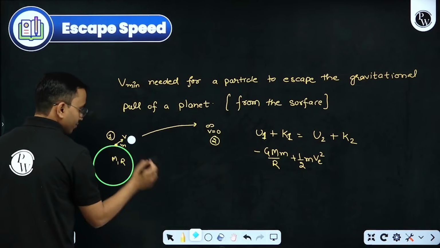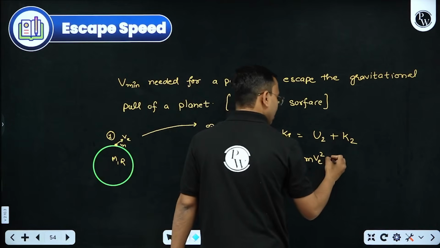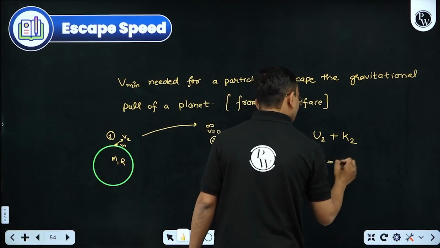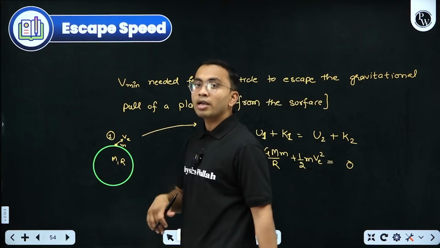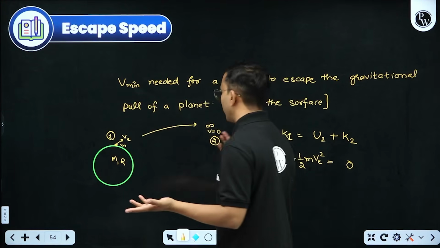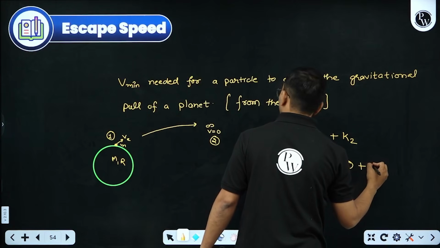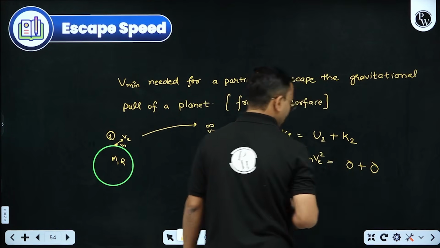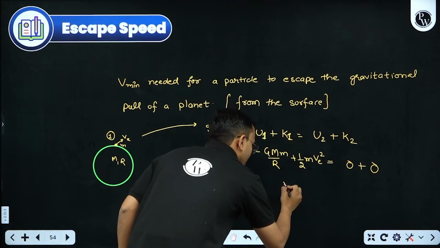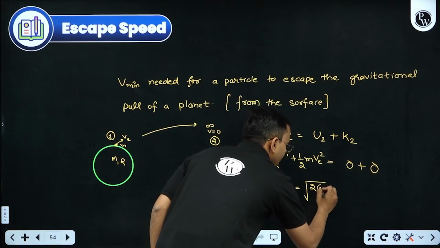Okay, ve. Finally, potential energy is 0 because it is at infinity. If you write minus GMm by r, r is infinity, that is 0. Also we consider the reference to be at infinity, so therefore it is 0. Plus the kinetic energy at infinity, it is just critically reaching, so v is equal to 0 there. So from here we got my escape velocity to be root of 2GM by R.